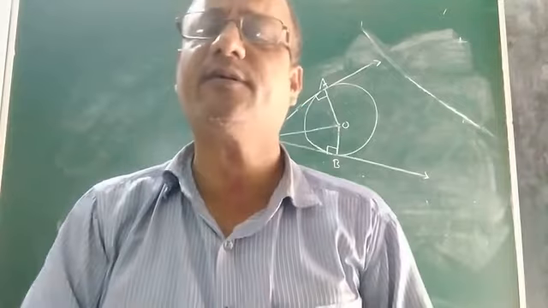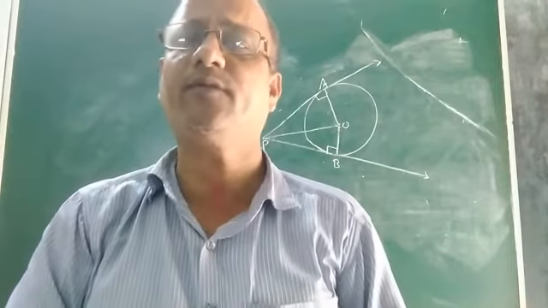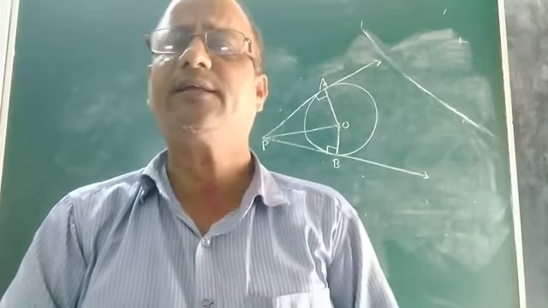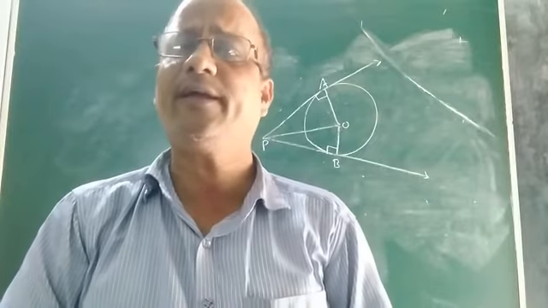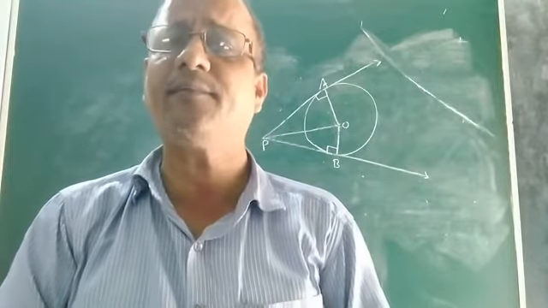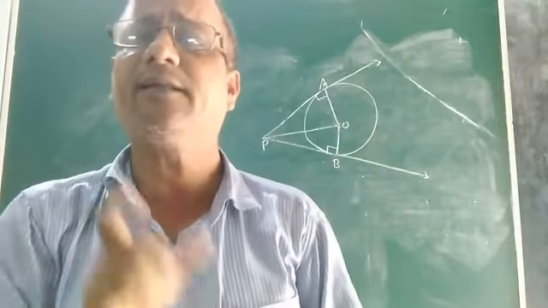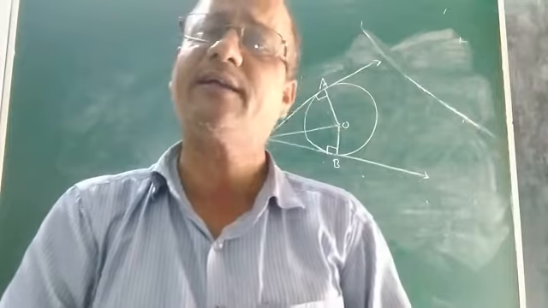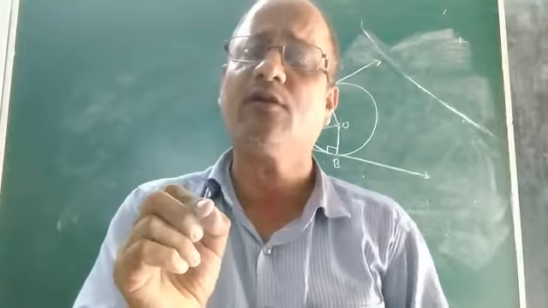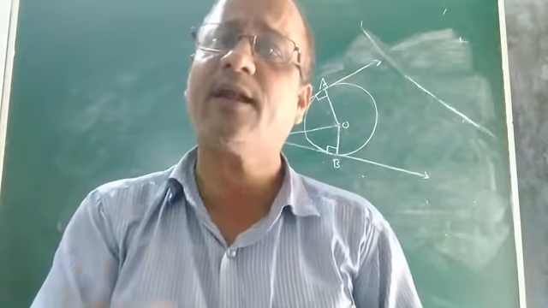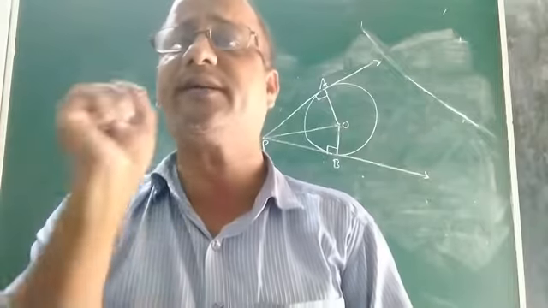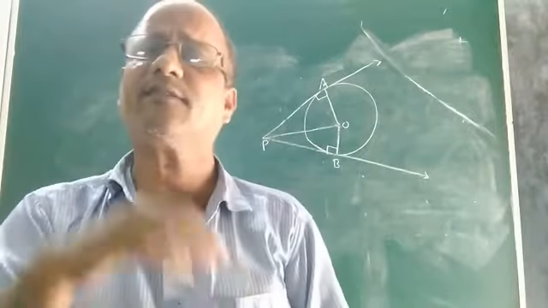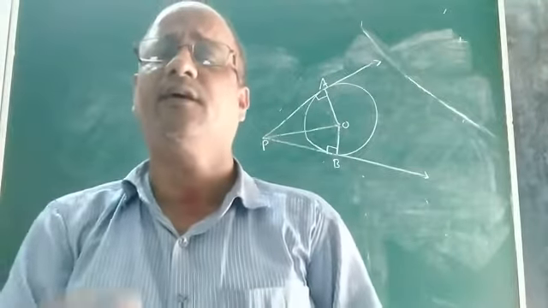So in the last class we discussed the converse of theorem 10.1 about circle, tangent, properties of tangent, where we proved that if a line is drawn through the endpoint of any one radius of a circle, and if that line is perpendicular to the radius, then that line will be a what? Tangent to the circle. That means any line drawn through the endpoint of the radius of a circle and perpendicular to it is always a tangent. Its proof was discussed in the last class. Today, let us discuss some other important, interesting properties of tangent.